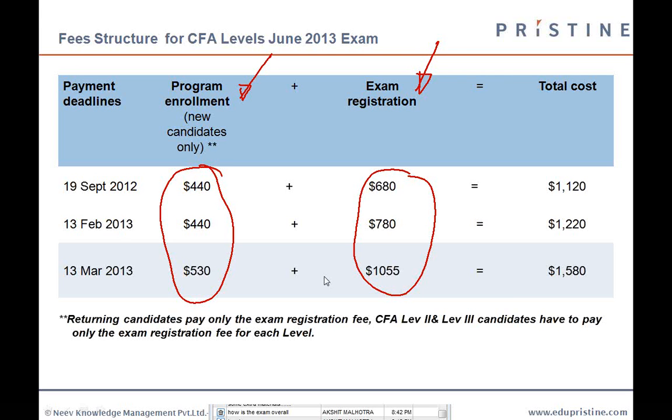And as I always say, use your Pristine lectures smartly. If you come unprepared to the class, obviously you will find a lot of problems. But every week by Wednesday, it's already announced what class you are going to attend the coming weekend. So it's not a bad idea to come prepared and use your classroom as a platform to solve as many questions as possible, because that is going to be your output on the exam, or to ask questions about concepts you are not clear with. If that is the focus for classroom sessions, then I'm sure you'll do well on the exam.